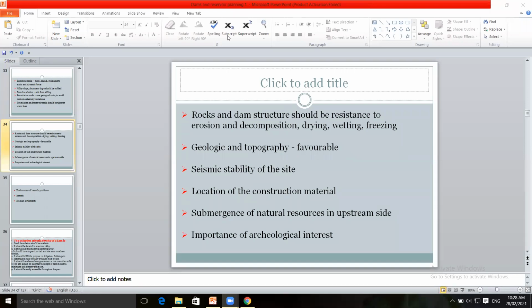Topography of the site is also studied from the topographical maps. Which type of soil is available in that area at the dam location, and the faults, fissures, cracks present in that area. Topographical features are studied. By these geological maps and topographical maps, whether it is favorable or not, the dam site should fulfill these criteria: geological features, topographical features. Its suitability is decided.